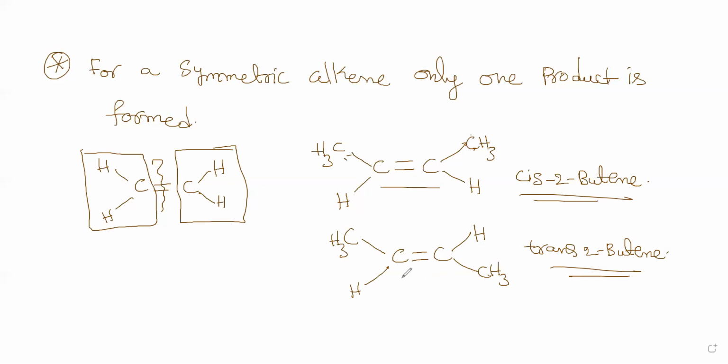Now, when you consider these two and then add this HBr or HCl, let's take any one of the things. No problem, both the things we can do. So here I consider first the cis-2-butene. Both sides are symmetric. When I cut here, this piece looks alike as this piece. So when I add this HBr, H will add to this carbon and Br will add to this carbon.